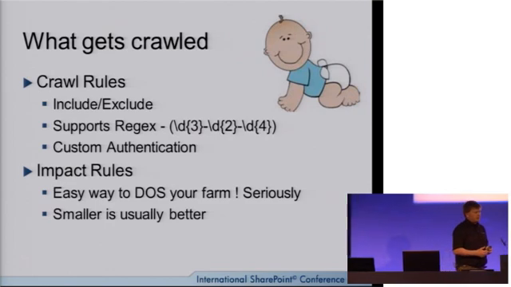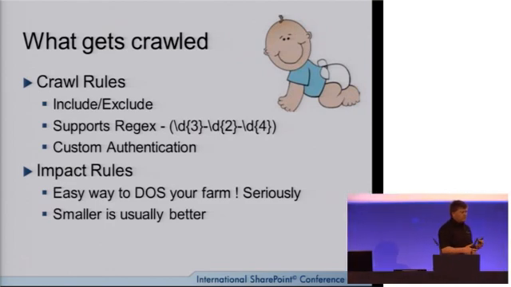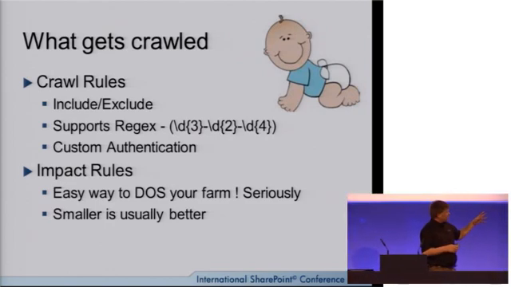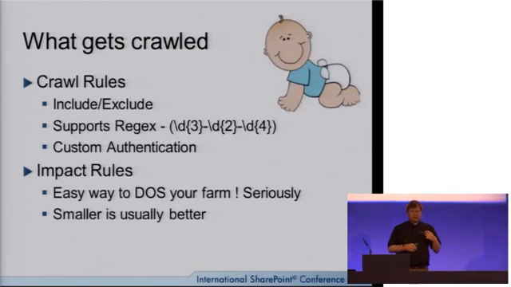You want to authenticate as a site admin for a good reason. There can be various reasons like that. So you can add custom authentication providers or custom authentication credentials into a crawl rule. And then crawler impact rules is the single easiest way to do a denial of service attack on your